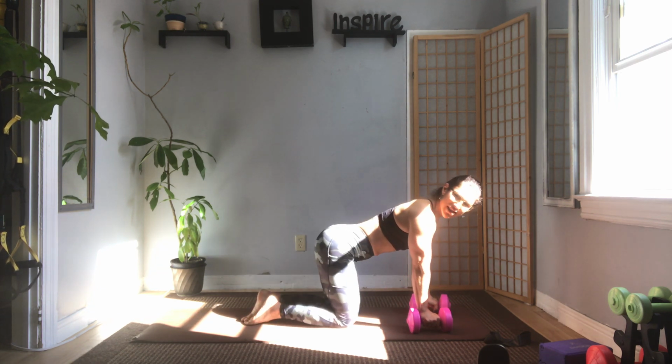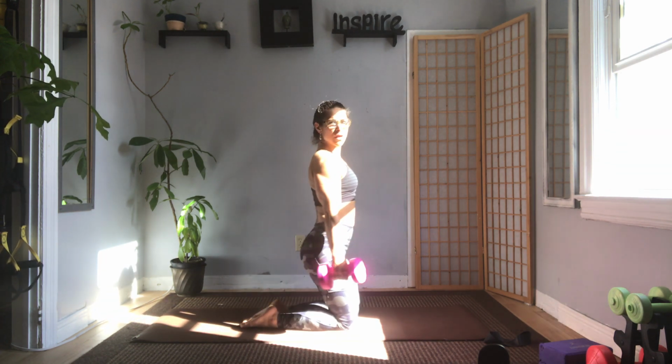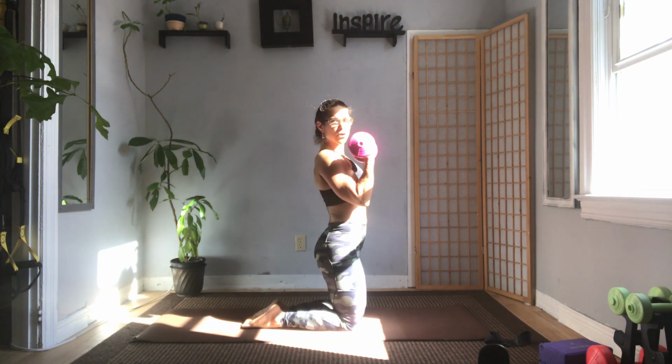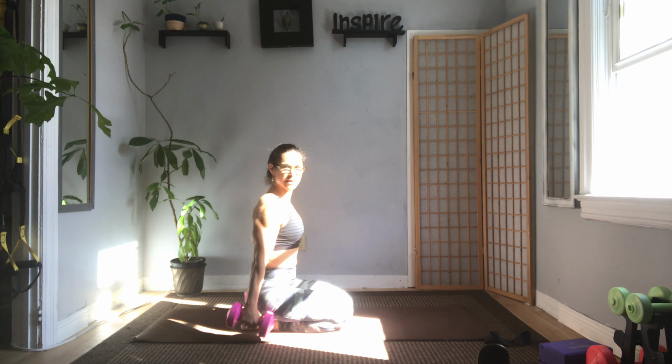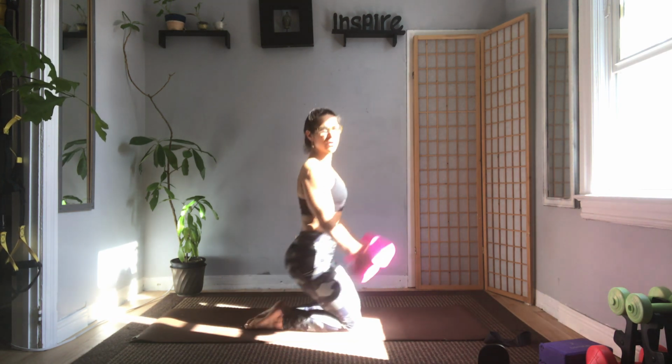Come back down to seated. Palms are going to be right down beside you. I'll go this way so you can see me. So we're coming up, palms face forward, bicep curl, come back down, hips to heels. Up, curl, straight arms, and sit. Up, curl, straight, and sit. Let's go. 8,